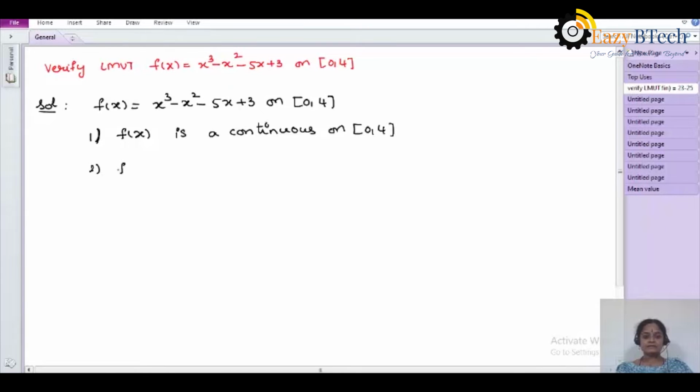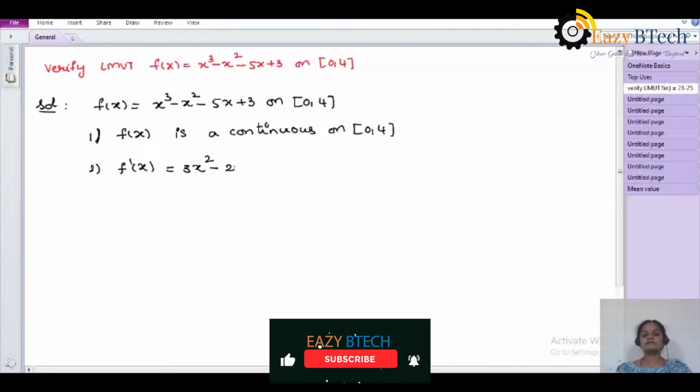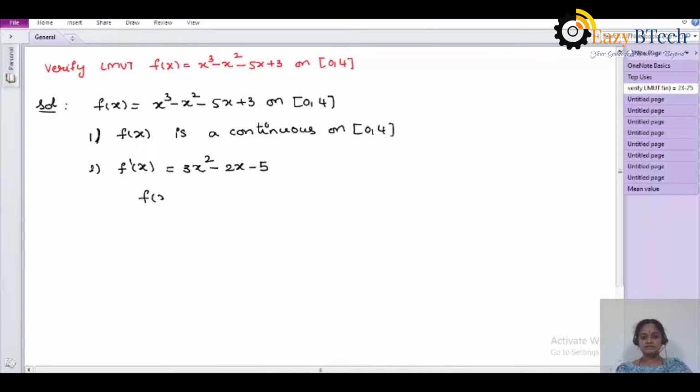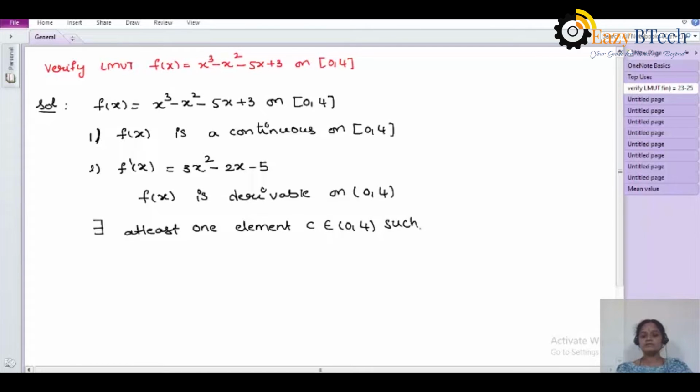The second one is verifying the derivability, students. Derivability means doing the differentiation. x cubed differentiates to 3x squared, x squared differentiates to 2x, and 5x differentiates to 5. That means f(x) is derivable on the open interval (a, b). So it is continuous and derivable, then there exists at least one element c belonging to (0, 4) such that